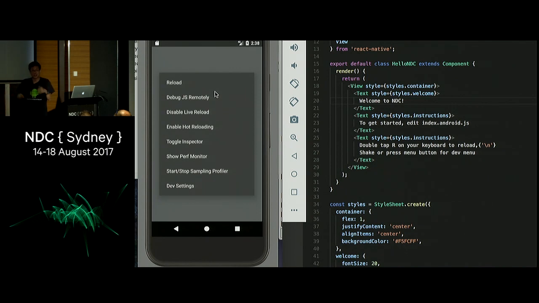So when I first started on this, I was deploying this on my real device, I was shaking my phone. And then my wife saw me doing that, and she thought I got a fit. And she said, what happened to you? Why are you always shaking your phone? So,